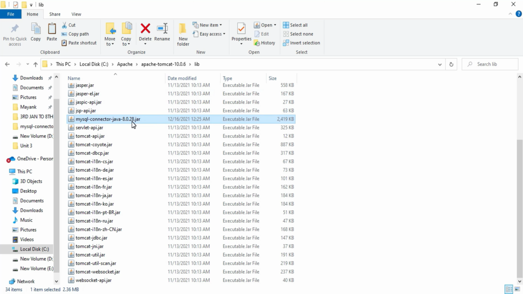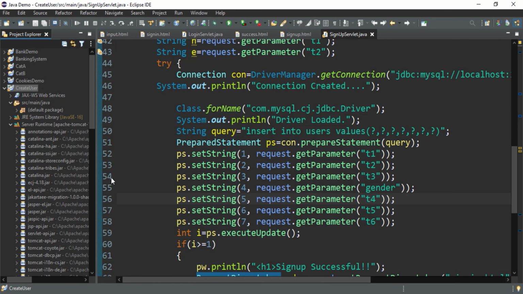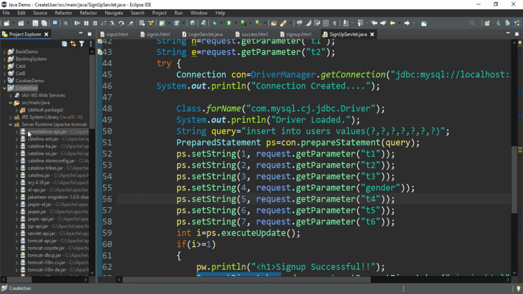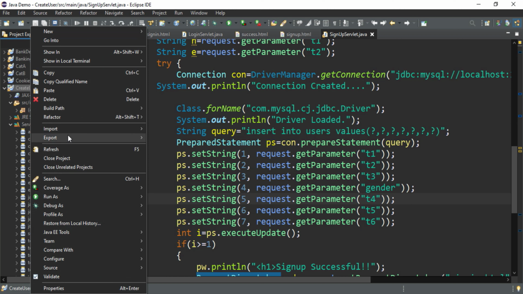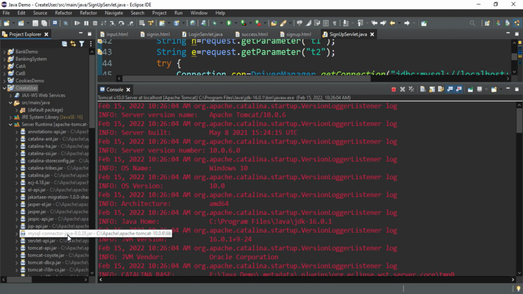So you can see the MySQL connector.jar file I have pasted in the lib folder of the Apache Tomcat server. I'll go to Eclipse again and see whether it is showing me the connector or not. You can see it is not showing the connector. I need to refresh my project. So right click and select the refresh option. And here you can see the MySQL connector file has been added.